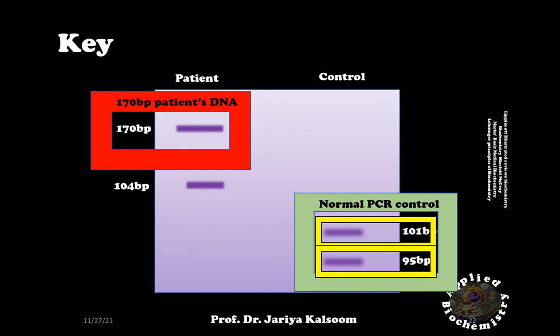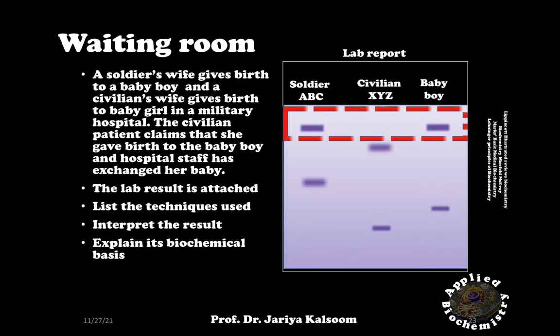170 minus 104 equals 66 plus 1 nucleotide repeat, which has caused the longer fragment to be 104 base pairs instead of 101. So it makes a total of 69 base pairs, or 69 divided by 3 makes 23 nucleotide repeats, which clearly reflects trinucleotide repeat expansion. So here you can see that